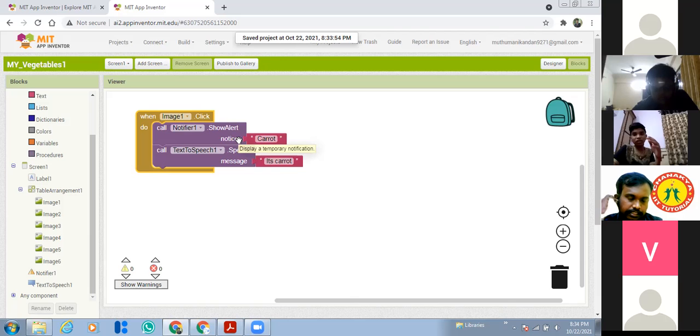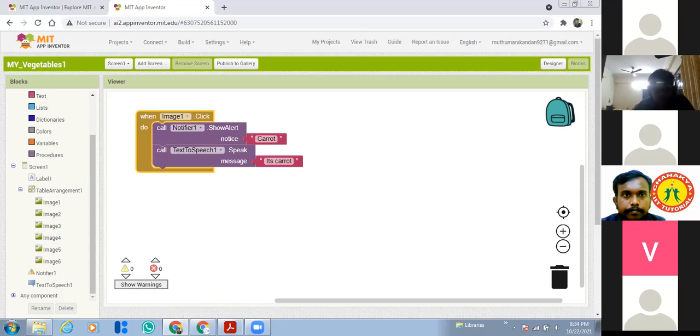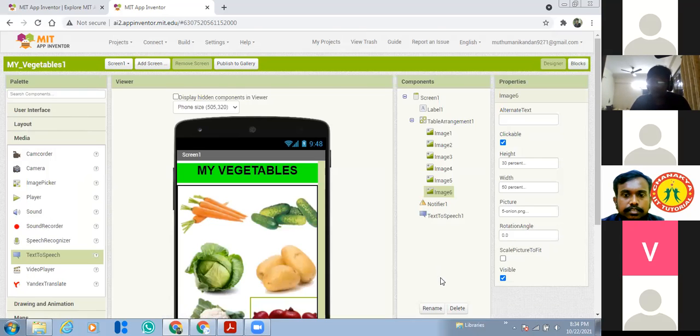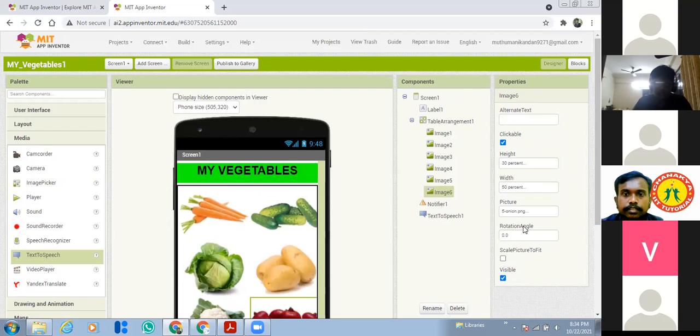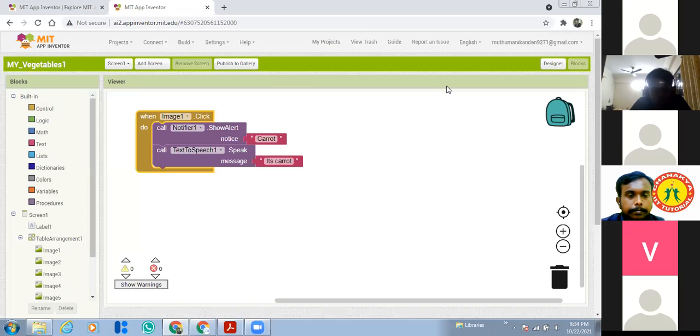Yes, sir. I'm on the fourth picture right now, sir. Yes, very good. Okay, students, everyone do your work. I think we have to end the class. Sir, can we delete the images also? Yes, if you have any unwanted images there, you can delete them. Just select that image, or any component you want, and delete it. Sir, I kept all the pictures. I need to do those blocks.